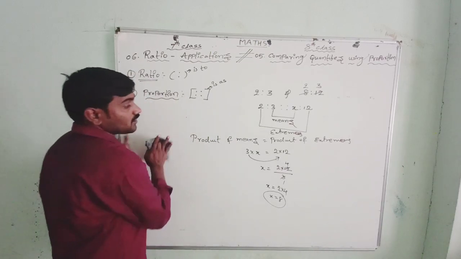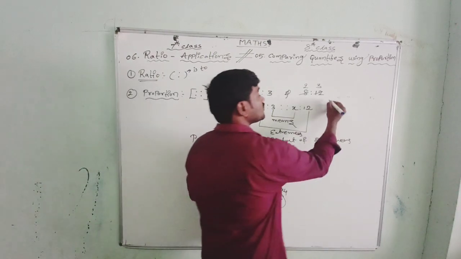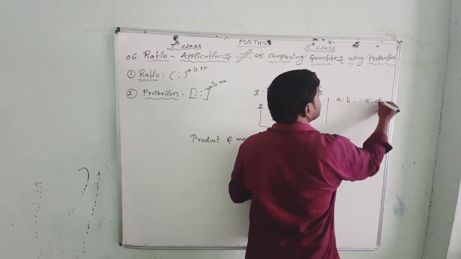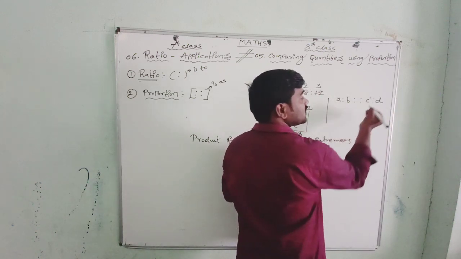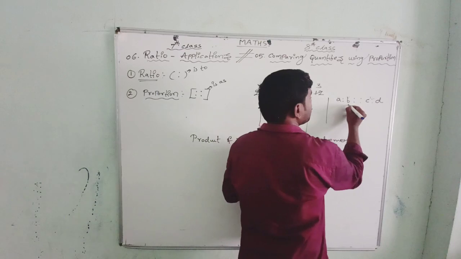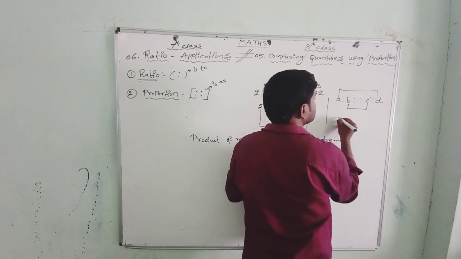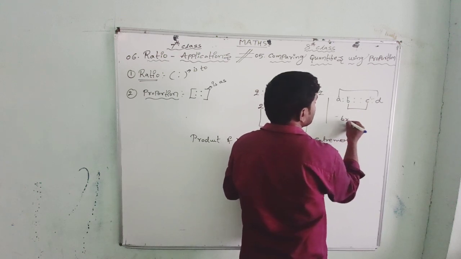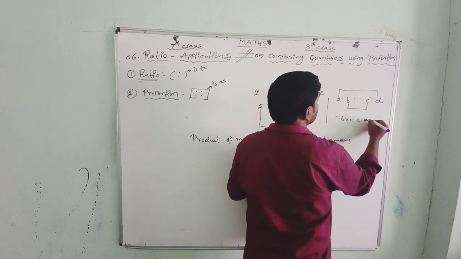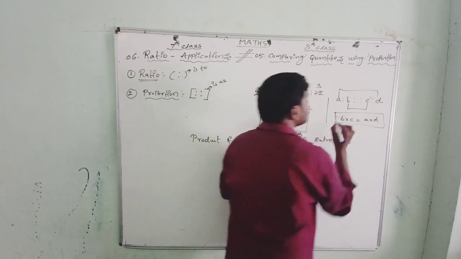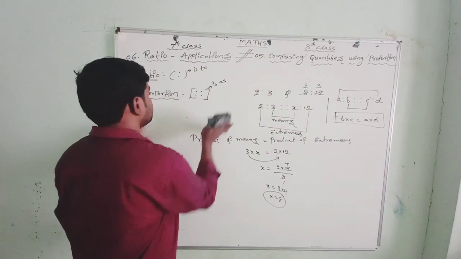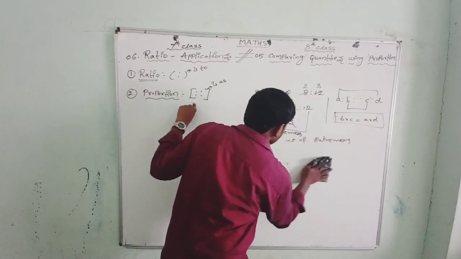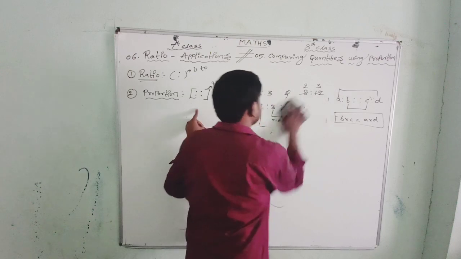Please mind this. Okay. Then if there are two ratios like a is to b, is as c is to d, a is to b is the first ratio, c is to d is the second ratio, then the product of means is equal to the product of extremes. Thus the product of means, that is b into c, is equal to the product of extremes, a into d. This I have mentioned in the definitions. Then you just make sure that you write that proportion is denoted by "is as".